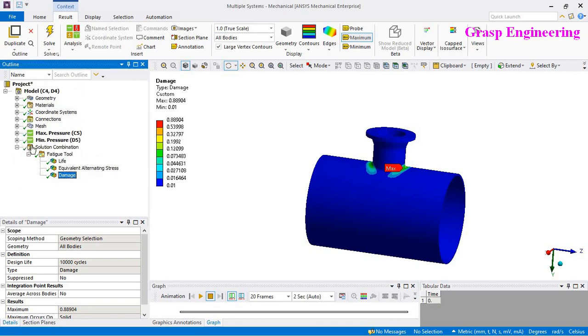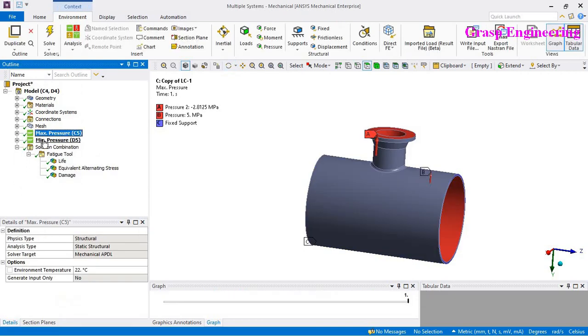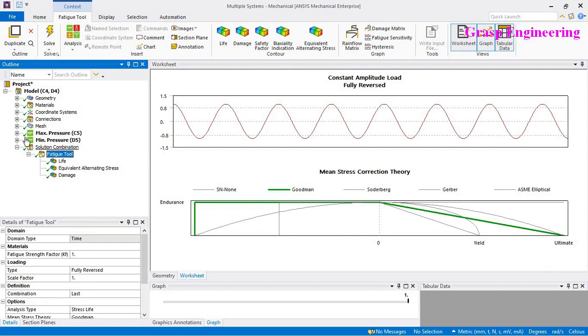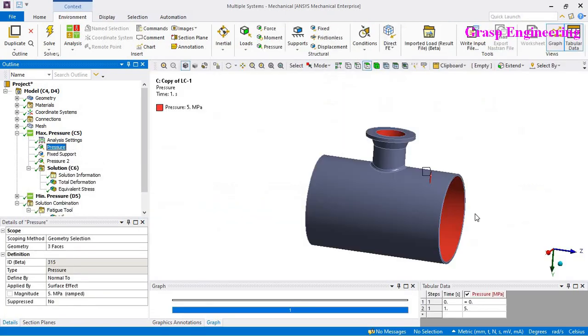This is the simple case which we considered, with max and minimum pressure conditions, which is slightly different compared to ASME fatigue. But when you have a pressure vessel with max pressure and minimum pressure condition, and you want a quick fatigue analysis check, then you should use this simple tool called fatigue tool. Okay, and in a similar fashion you can also apply the max temperature and minimum temperature conditions,